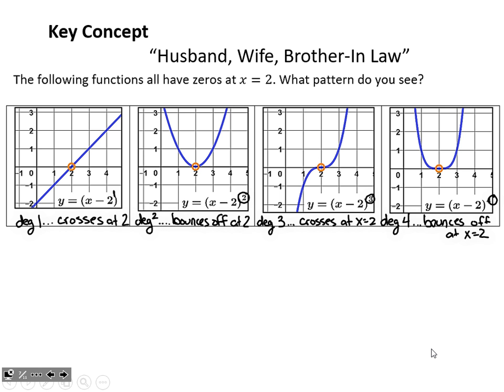Okay? Now for the analogy, husband, wife, brother-in-law. I want you to imagine that the x-axis is the front door to a house. Okay, so I'm just going to emphasize those here. And I want you to imagine that a guy is going over to his buddy's house to watch a football game on a Sunday. So degree 1 means there's one person at home. It's just the buddy. So guy walks up to the front door, knocks on the door, says, "Hey man, can I come in and watch the game?" "Sure, come on in. No one else is home. You just pass right through. Come right in and watch the game." So degree 1 is just the husband at home.